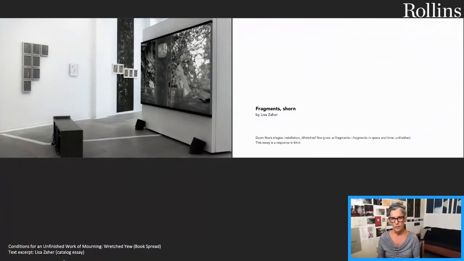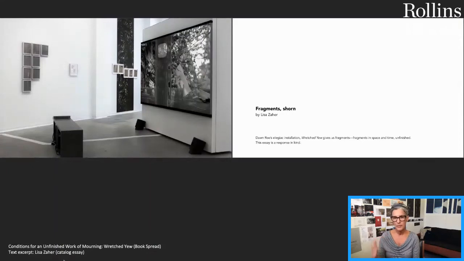So as mentioned earlier, this book was a component of the initial exhibition of this work, and you can see an installation view on the book page spread here, which is next to the opening passage of the essay that runs throughout. And I just want to acknowledge that I was incredibly fortunate to have my friend, film and art historian Lisa Zayer, write the essay for this book, as she has been one of my main collaborators in thinking for many years now, and her contribution was just incredibly meaningful.